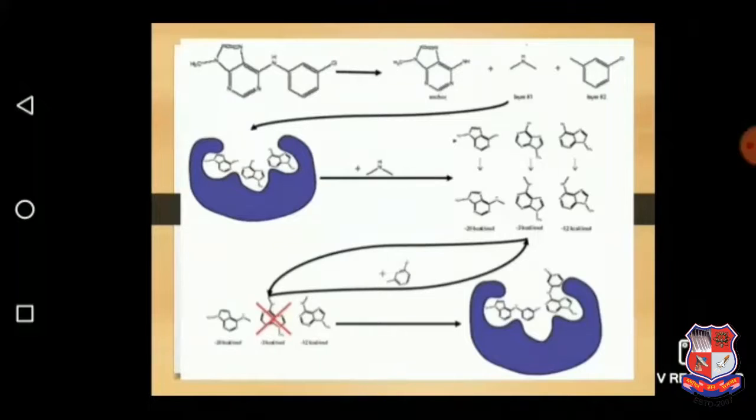So these are the stages, or we can say these are the different fragments of one parent moiety, showing how it will fit into the different sites available on the receptor. Here is one example, but in the last one you can see that the docking is not feasible because the second structure is not in the perfect corner of the receptor.